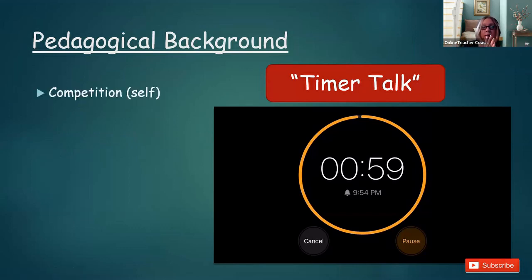The first pedagogical element is that this involves competition. And we know that some students are very competitive. In this case, it's a competition against themselves. So you'll see what I mean when I explain how to do Timer Talk. This is involving active recall. Active recall is a strategy where they learn the information, the language, whatever you're doing, once or twice, and then you actively have them recall it. So that's what this does. It also asks students to self-reflect. Self-reflection is one of those really important 21st century learning skills, and the Timer Talk will do that too.